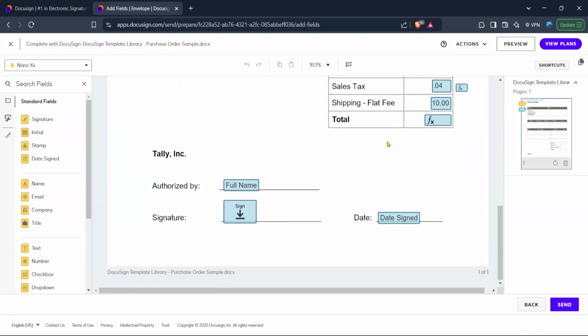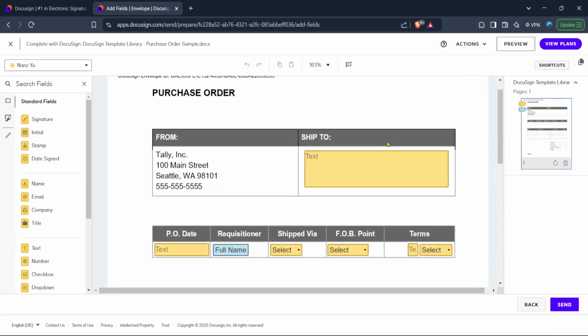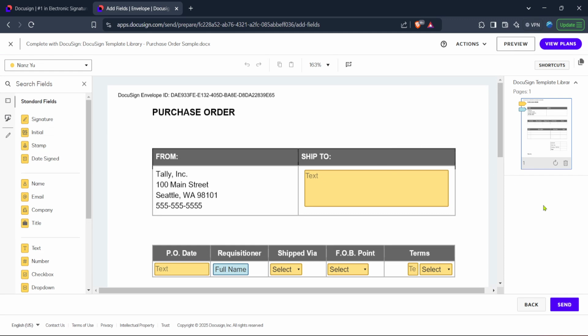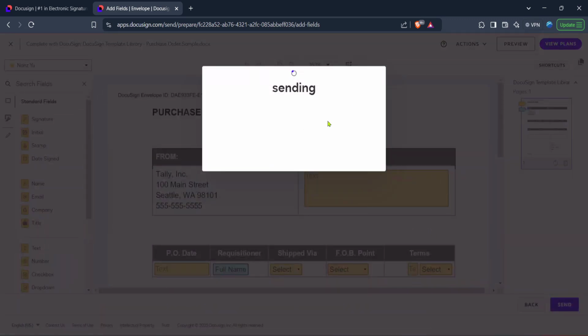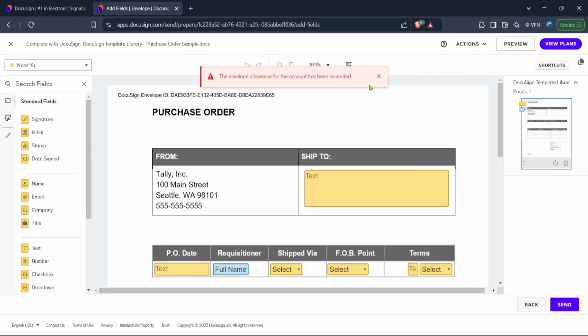Remember to double check that all information is accurate to avoid sending it to the wrong person or location. If needed, you can also add additional recipients at this stage, specifying their roles just like you did for your first signee. Take a moment to make any final adjustments before proceeding.